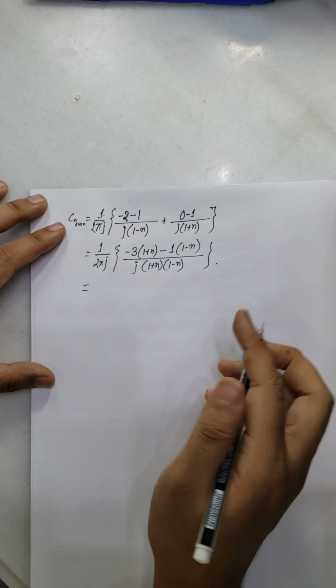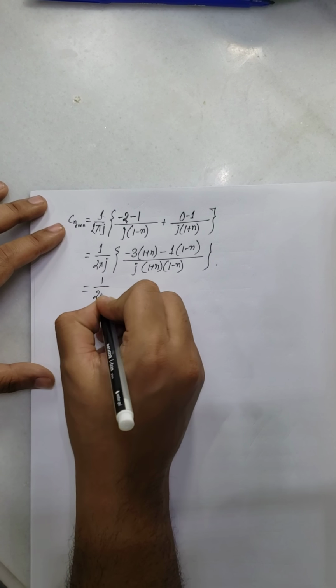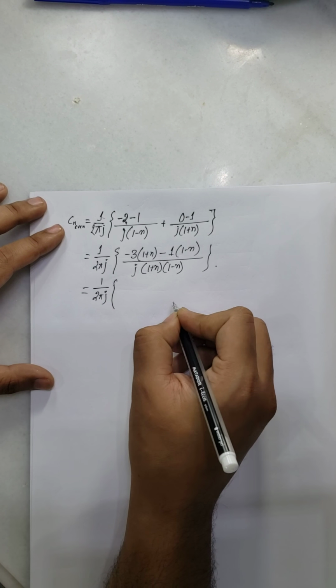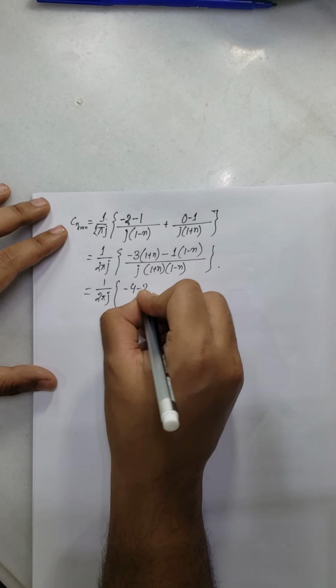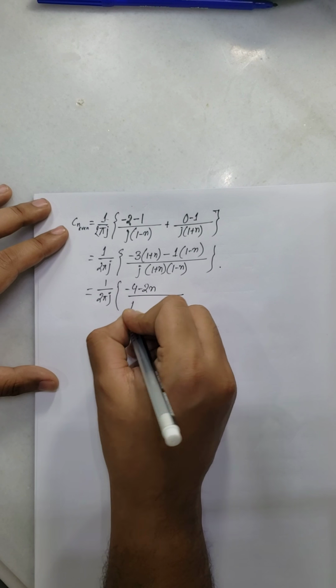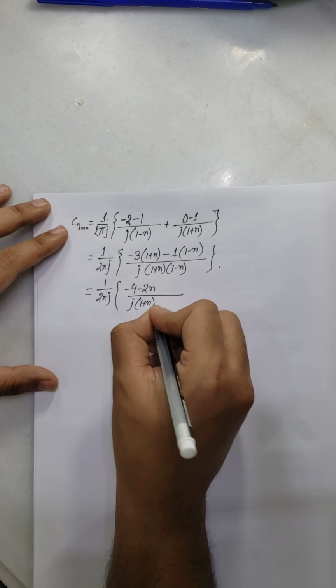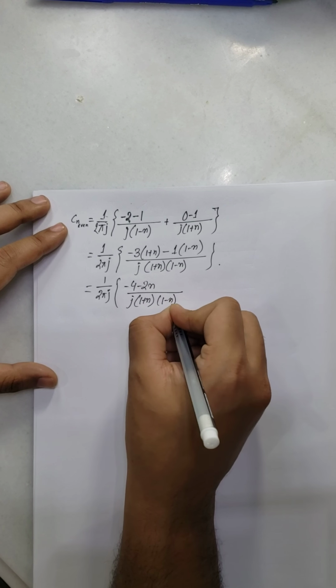Just adding the two factors, then we get twice pi j, this becomes minus 4 minus twice n, j of 1 plus n 1 minus n,